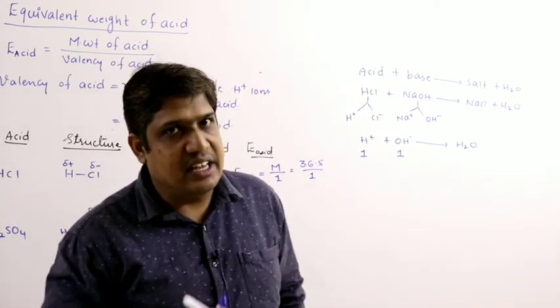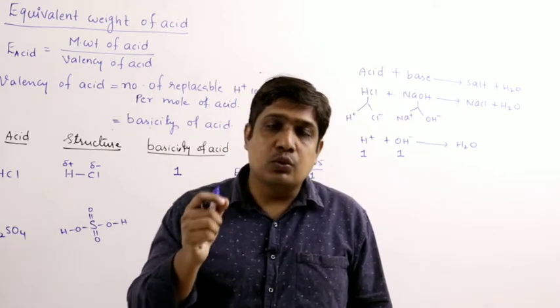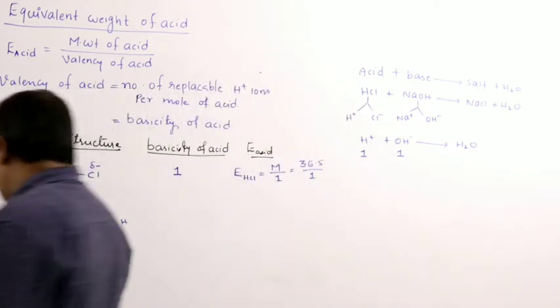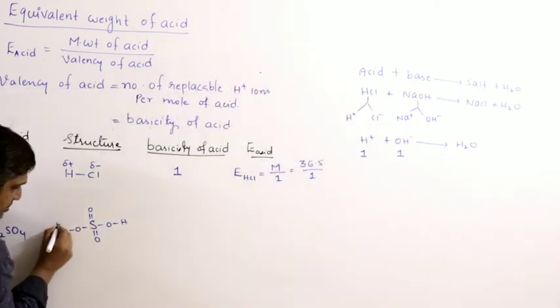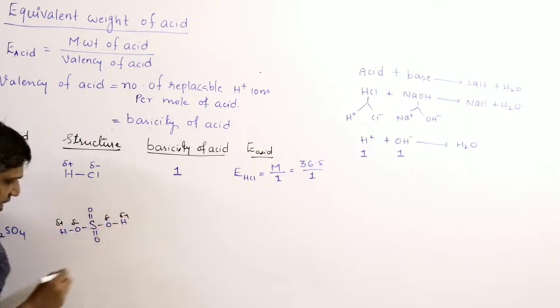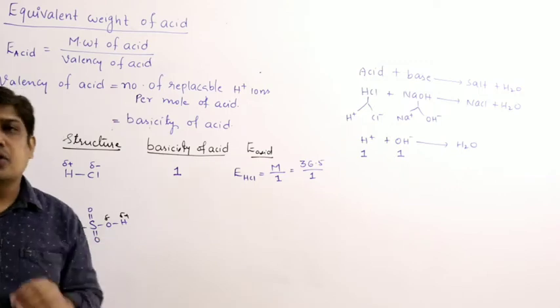First, are they acidic? Yes. Why are they acidic? Because hydrogens are attached to a more electronegative atom, because of which this hydrogen carries a partial positive charge. Thereby, there is a possibility you can remove this hydrogen as H plus. You can also remove this hydrogen as H plus. That means one molecule can produce 2 H plus ions when dissolved in water.